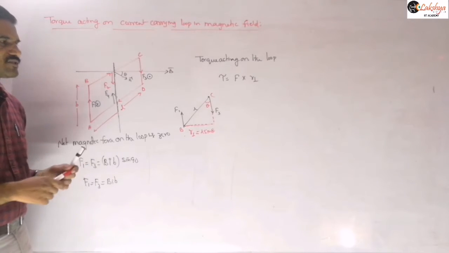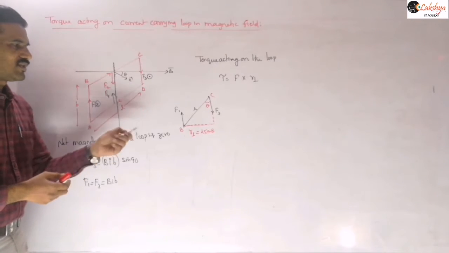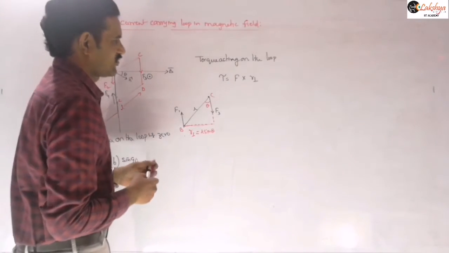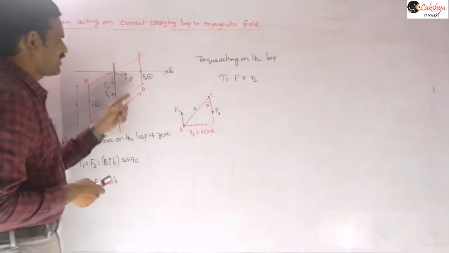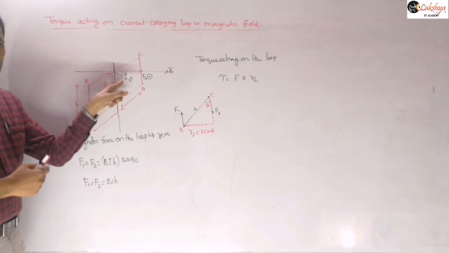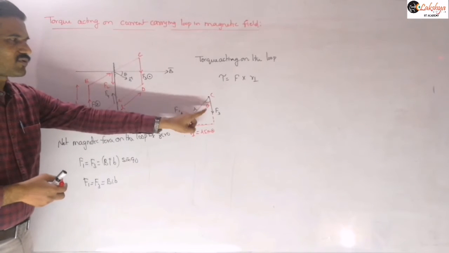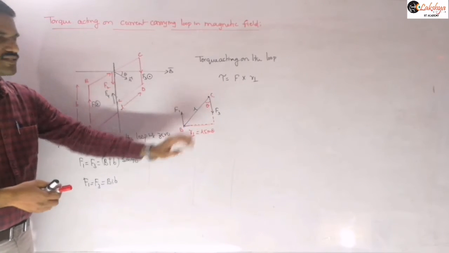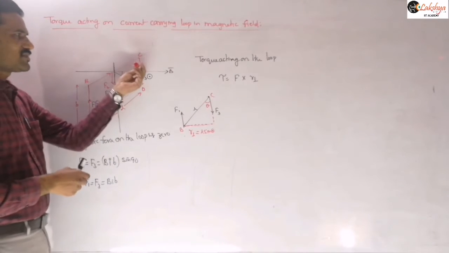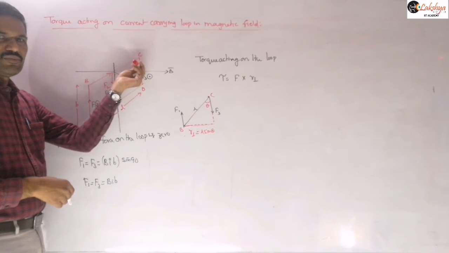So we are calculating this perpendicular distance here. That perpendicular distance will be L sin theta. Theta is nothing but this angle we are taking here. You can calculate that. If this angle is theta, then this angle you will also get as theta. That means the angle made by this and this.